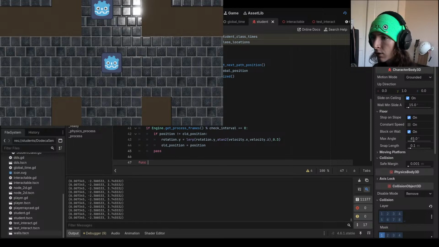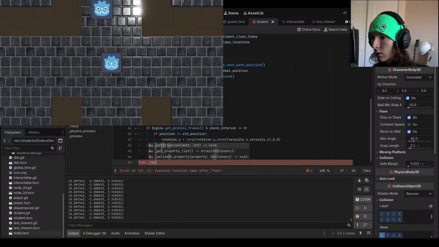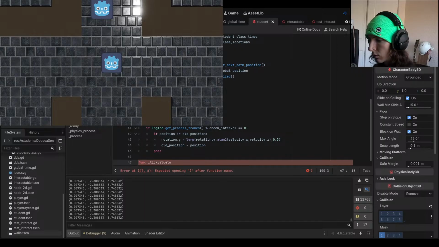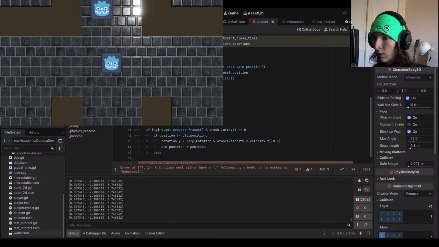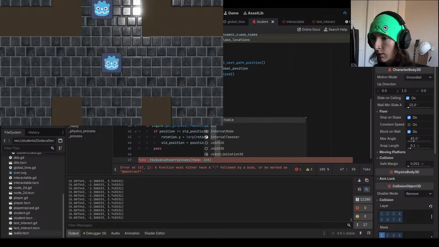So func tick value to array index. Essentially, we'll take a tick and